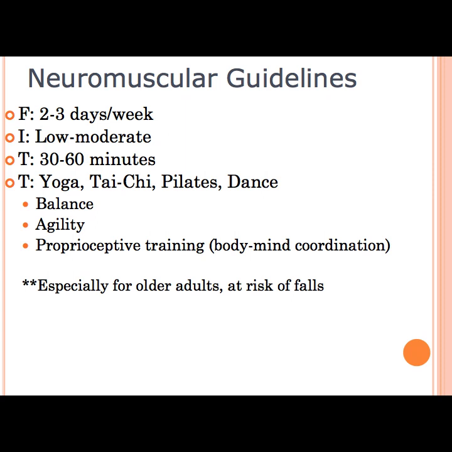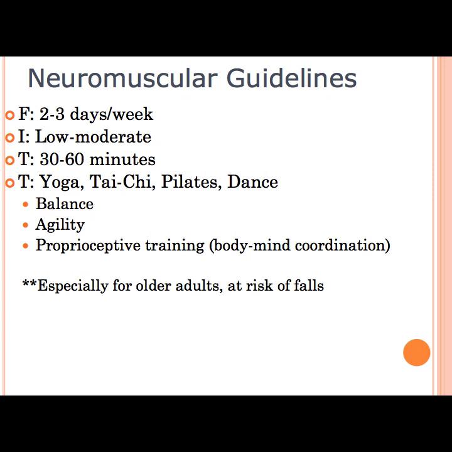We want the intensity level to be very low to moderate intensity, nothing that's too vigorous. The time of this type of exercise, anywhere between 30 to 60 minutes when you are performing a bout of exercise. And good examples of types of this exercise would be things like yoga, Tai Chi, Pilates, or even dance movements. You can also do things when you're dealing more on the sports end of it, is agility training and